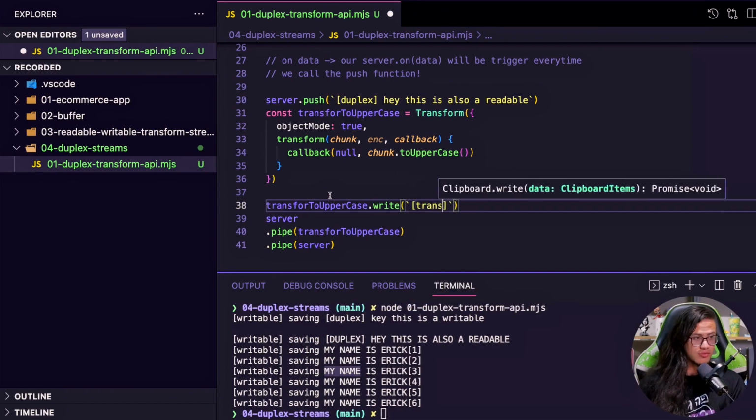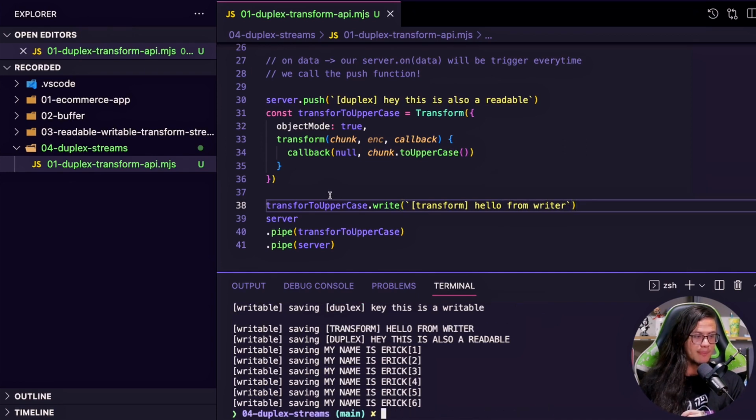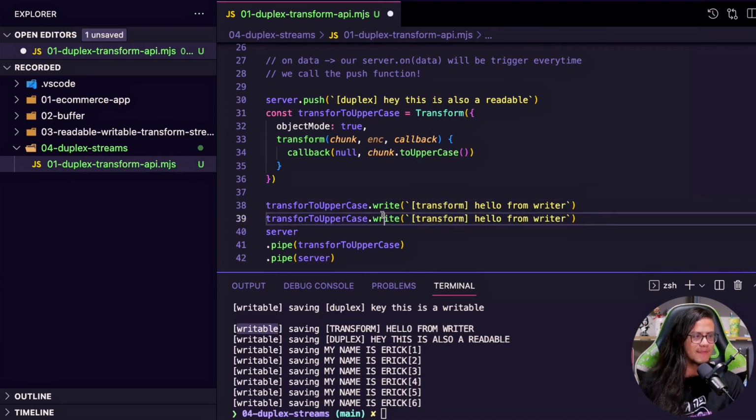So it will be transform, hello from writer. What happens? Well, if you go there, you can see that we are skipping our transform function, okay? But it got through our writable stream from our duplex anyway. Nice, isn't it? Well, as I said, the transform is also a duplex, so we could do the same thing